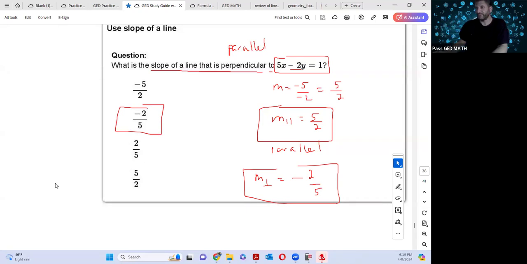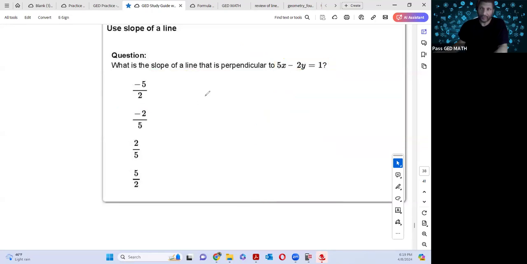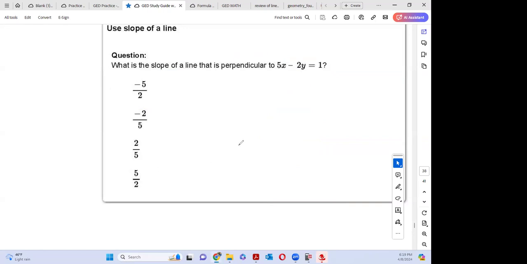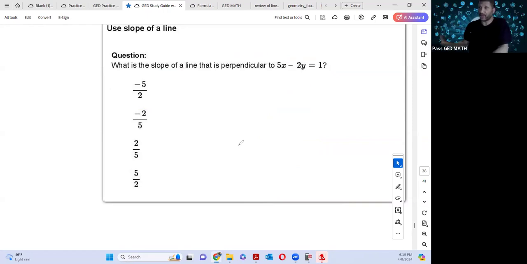But guess what? They're not going to give it to you that easy. They give you this on this practice test. If they give it to you like this, you should be laughing all the way to the bank. Literally, you should be laughing all the way to the bank. If you have problems with this, then watch this over, because this is not hard. Remember, standard form. What I would be doing if I was practicing is talking myself through